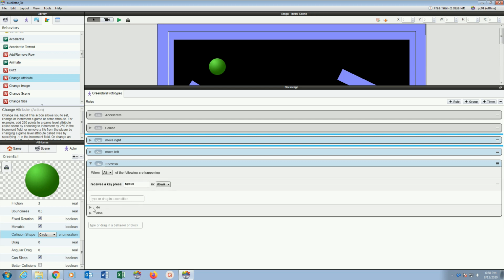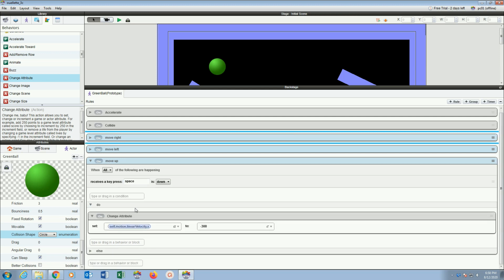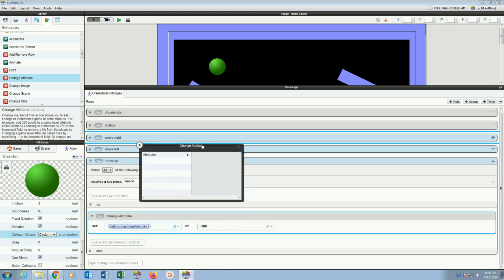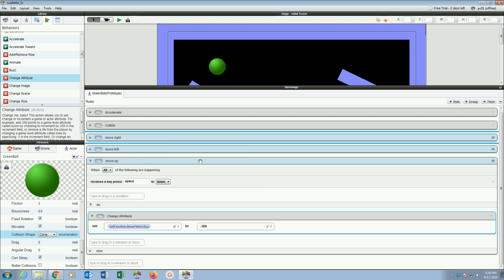And now I will go to the do, and we do have to change this to the y-axis, so I need to go back in here and reset that. So under change attribute, we'll choose green ball, motion, linear velocity, and double click the y. Now this is supposed to go up, so I will remove that minus symbol and hit my tab key there. Just save it